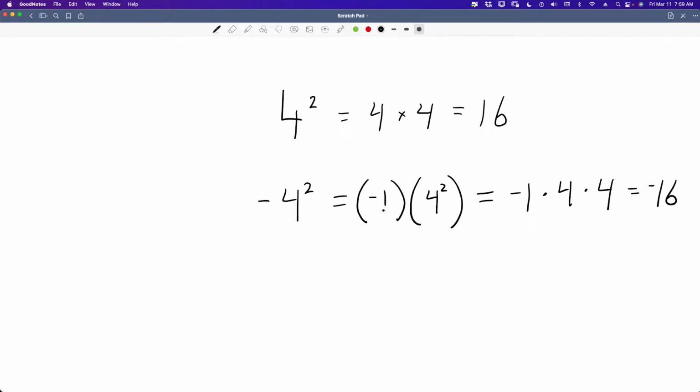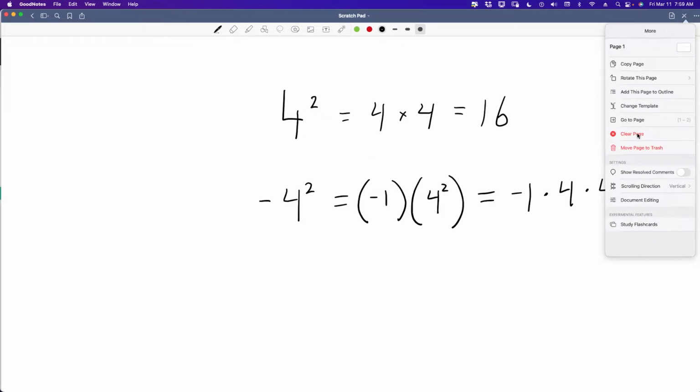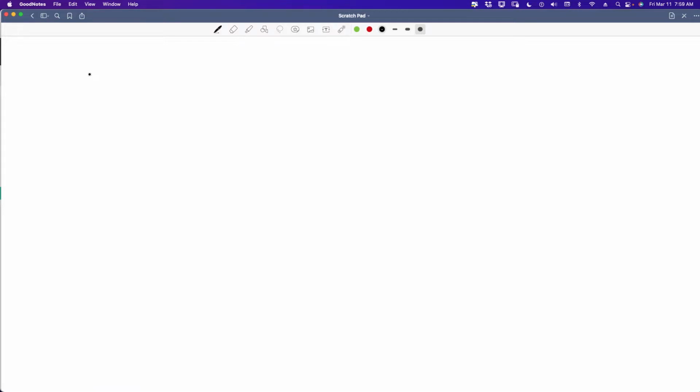So let's do a couple of example problems. Let me clear the page. So we have 99.1. And these are fairly easy. This is going to be a good short lesson for you. We have negative 4 squared minus a negative 3, and that is squared,